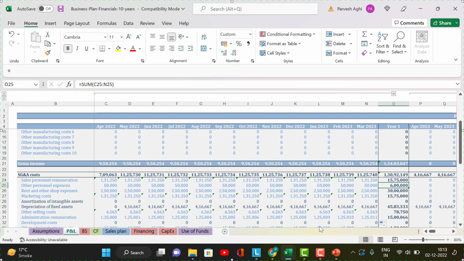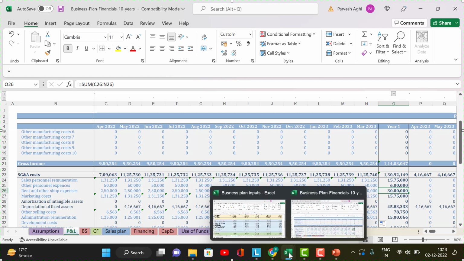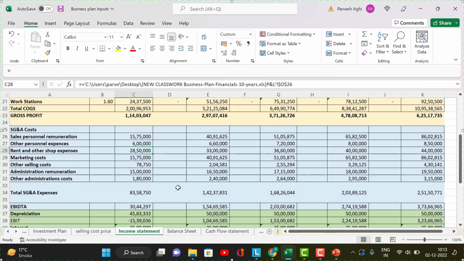एक एक चेक करके जाओ ना। रेंट एंड वाले जो खर्चे आ रहे हैं वो 30 लाख आ रहे हैं, है ना? हाँ सर, 30 लाख है। तो वहां कितना दिखाएगा? 28 लाख 50 है, 30 हजार? नहीं, 30 लाख है सर यहाँ पे रेंट एंड अदर शॉप एक्सपेंसेस। देखो, ये नहीं, ये देखो, ये 28 लाख 50 हजार है। सर, असम्पशन में ठीक है। हाँ, असम्पशन में ठीक है।